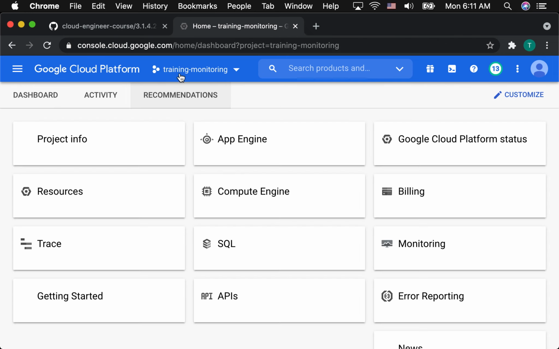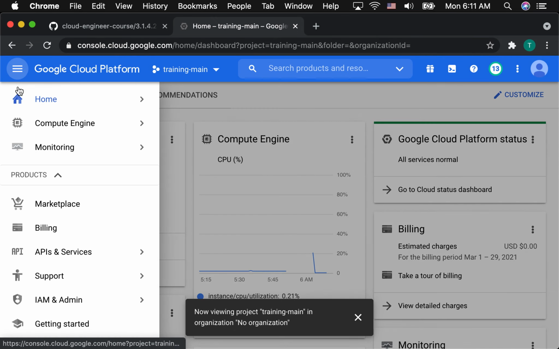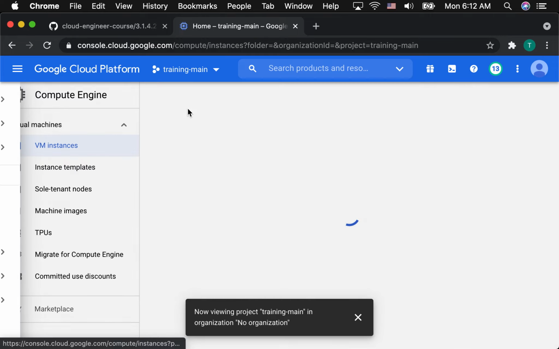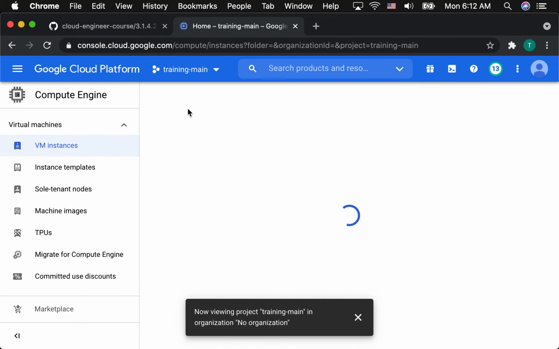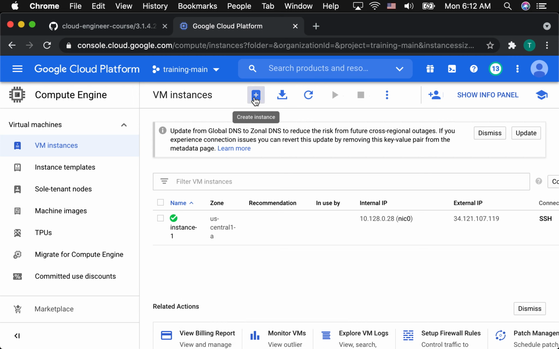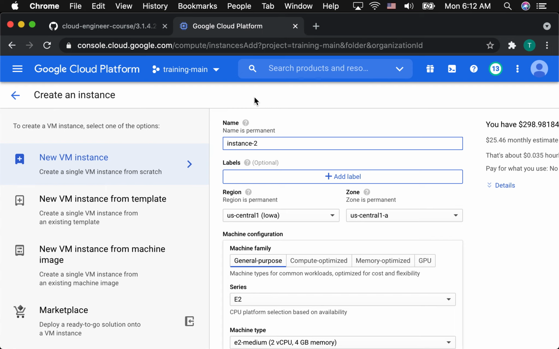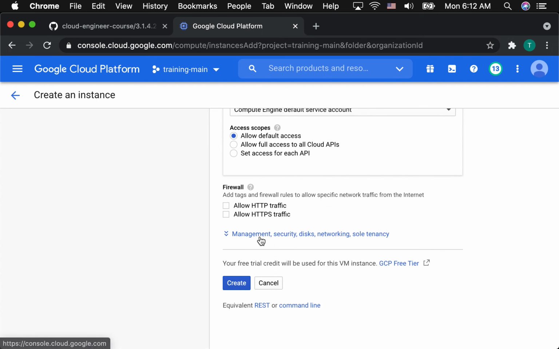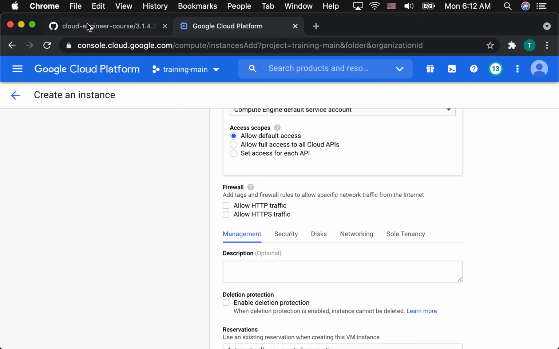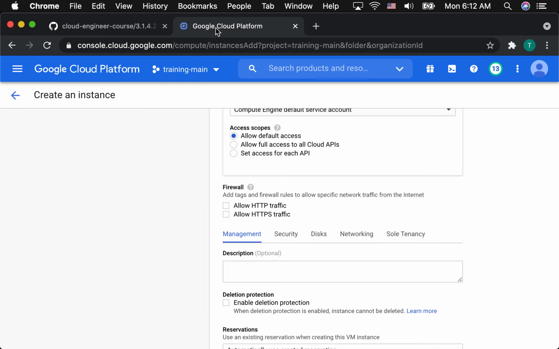Dashboard. We need to go back into training main. We need to go to compute engine. And we need to hit the plus. And we need to go down to startup scripts. Now this time we want really both running, so I'm going to copy this, the old one first for the